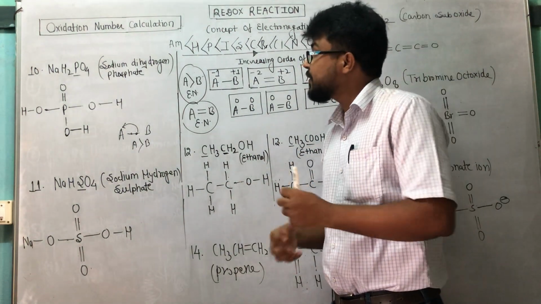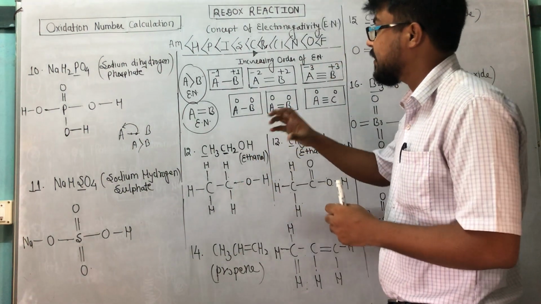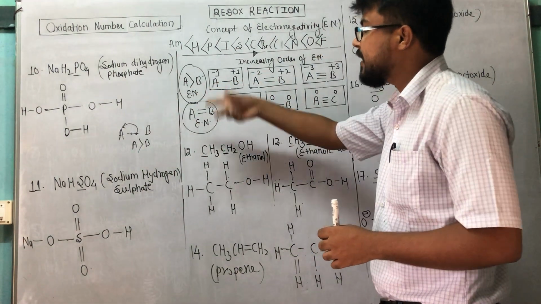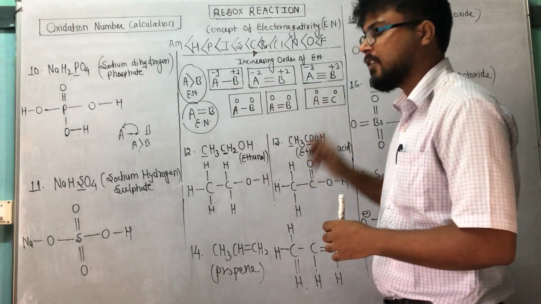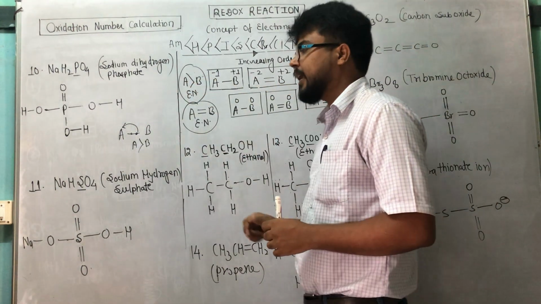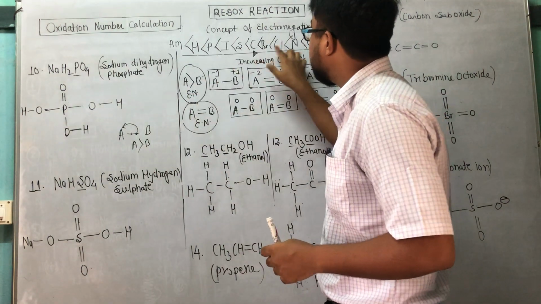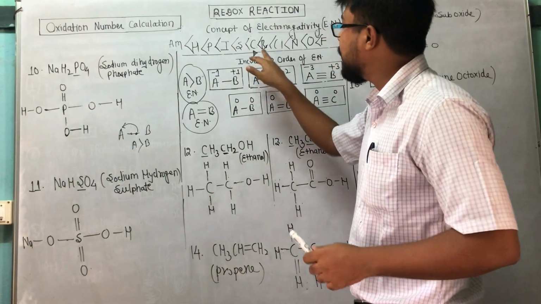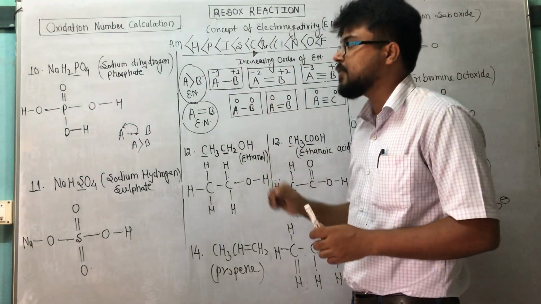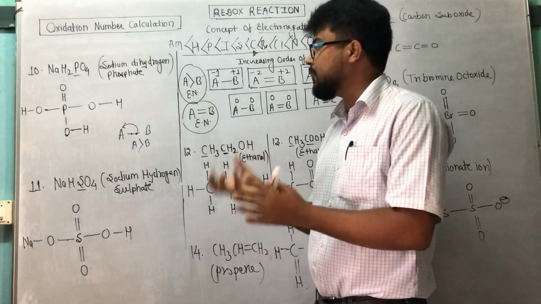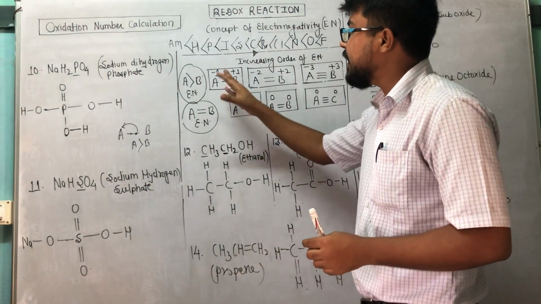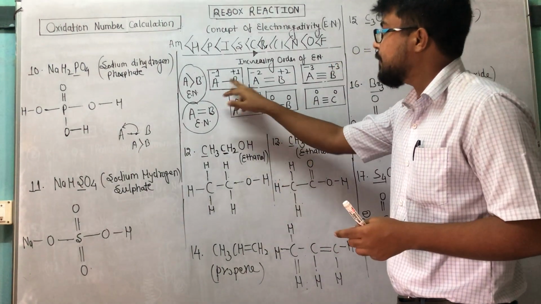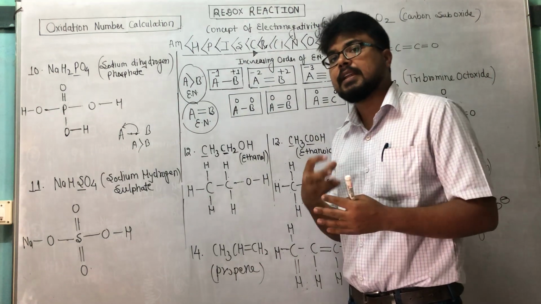Why am I using this? Why do I have to learn this? The answer to your question is in this box. Suppose A and B are forming in some case a single bond, double bond, or triple bond, and A is more electronegative than B, or we can say A can be carbon and B can be hydrogen. So because carbon is more electronegative than hydrogen, or A is more electronegative than B, it will attract the electron pair towards itself, correct?